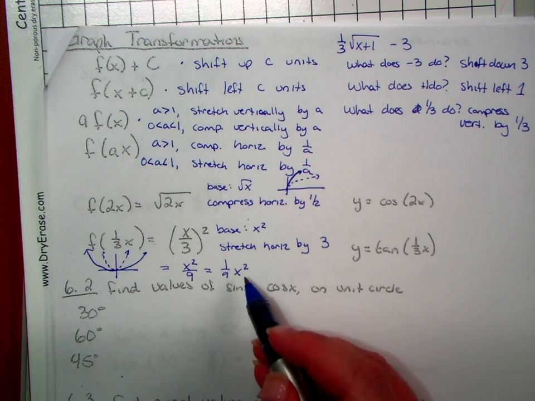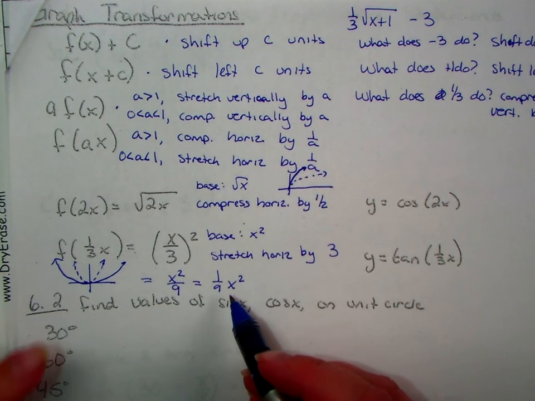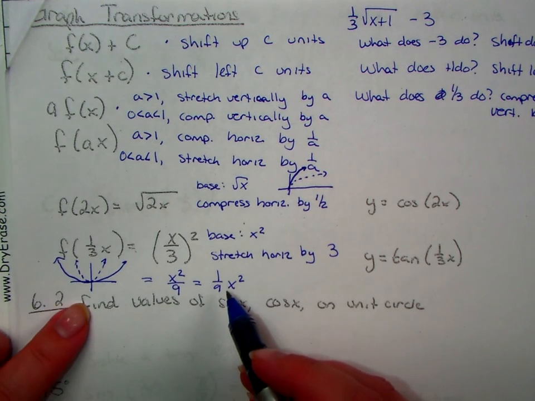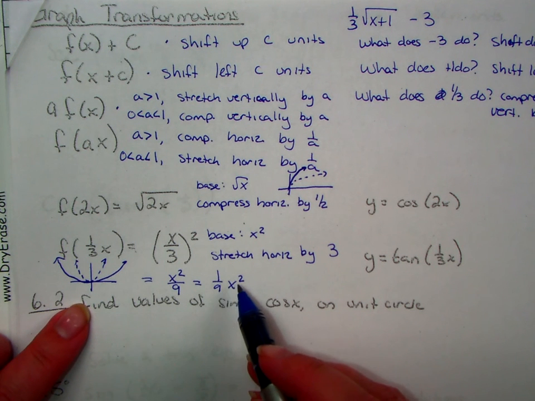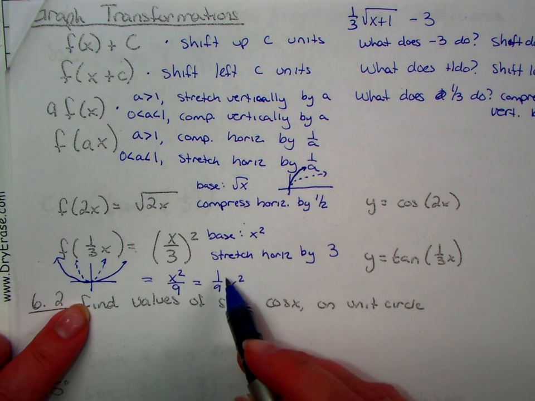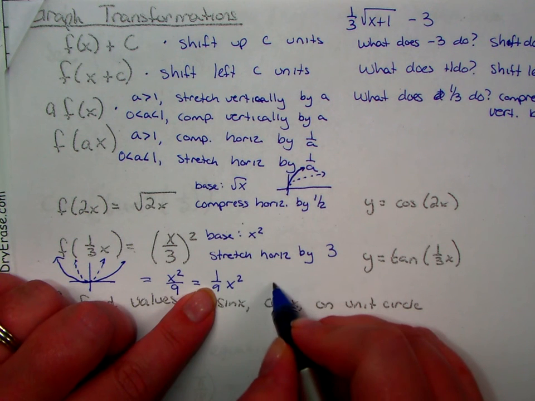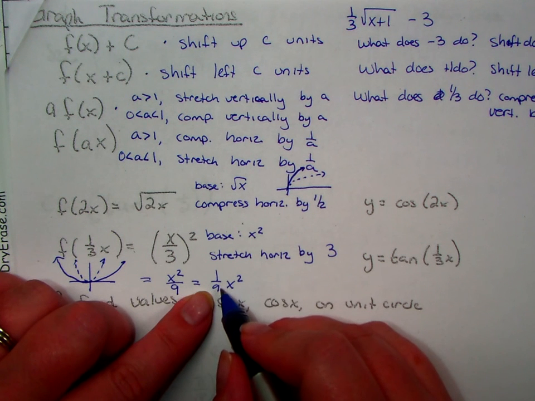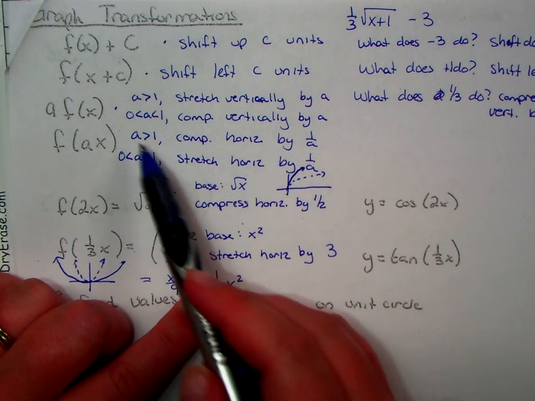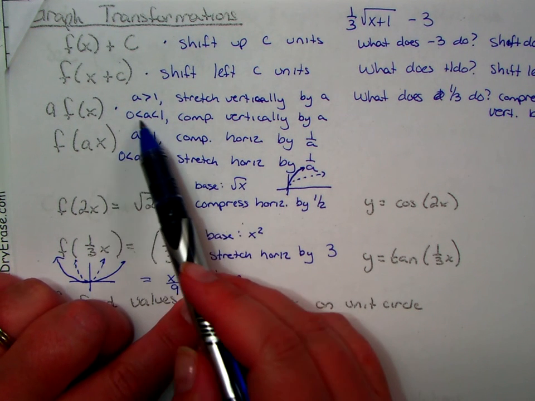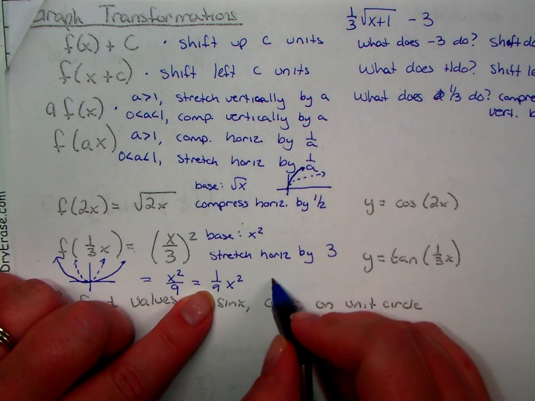And in this form, there's no longer a horizontal transformation because now 1/9 is being multiplied times the base function x squared. 1/9 is on the outside. So what's going to happen here is this is a vertical stretch or compression. And since the a value on the outside is between 0 and 1, this is going to compress